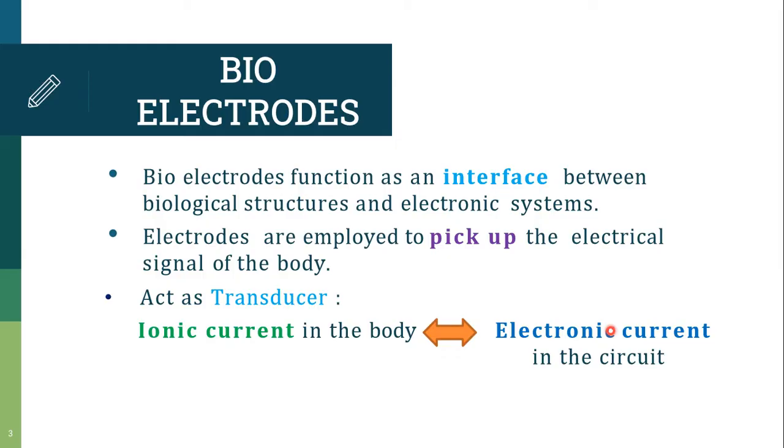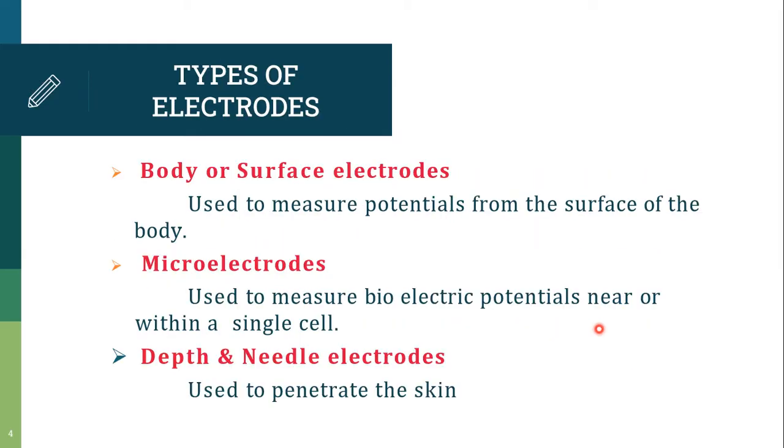So, basically, there are three different types of electrodes: body or surface electrodes, microelectrodes, depth and needle electrodes. Body or surface electrodes are used to measure the potentials from the surface of the body, whereas microelectrodes are used to measure the potentials within a single cell. Depth and needle electrodes could be easily penetrated into the cell. In this video, let's see the different types of surface electrodes and how they are used to measure the biological